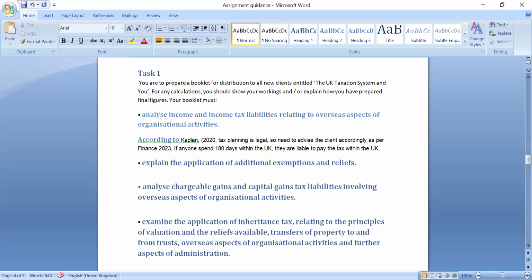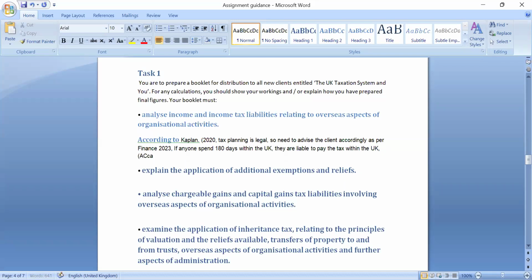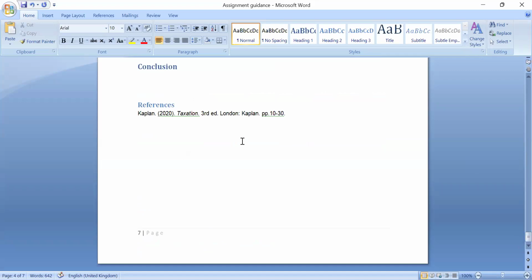Lesson 1 slides, and if you look within the booklet which I gave you, those are being discussed as well. It doesn't matter whether it's Kaplan or any other website. I can say according to ACCA, or if you don't want to use the word "according to", I can say ACCA using their document 2023 or 2024. So if I'm reading your assignment, I can see this is ACCA in your reference. If you're using a website, I can say here ACCA, you used 2024.